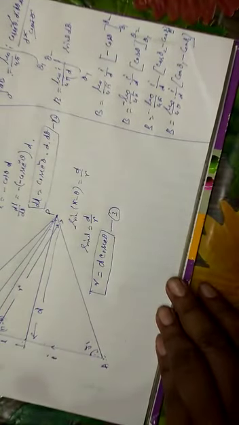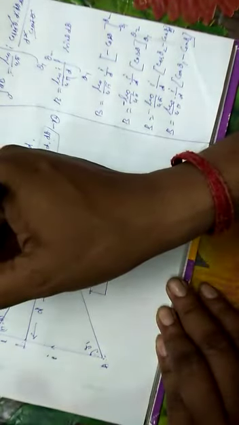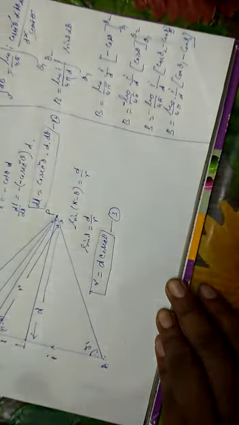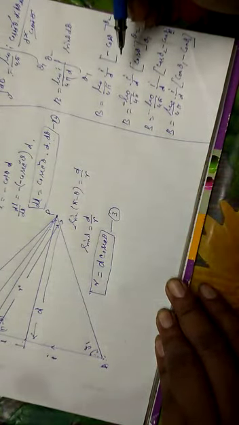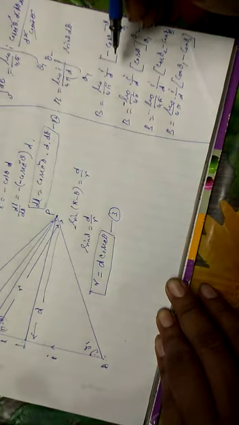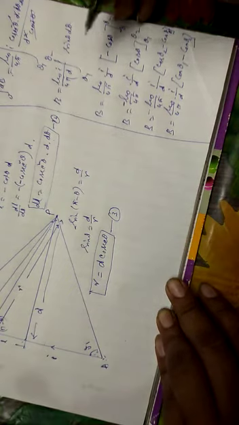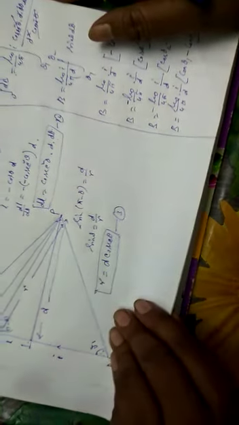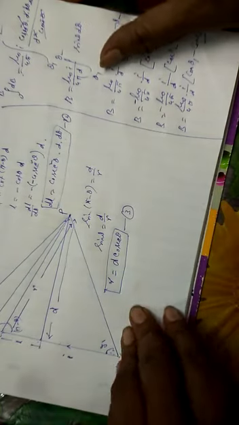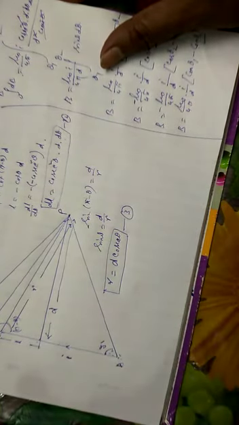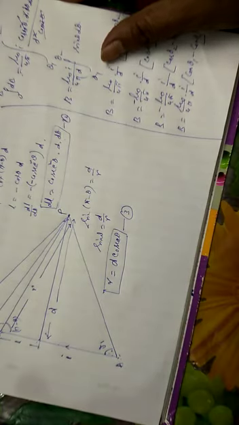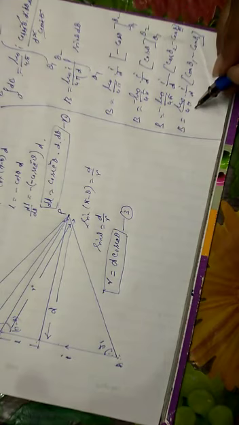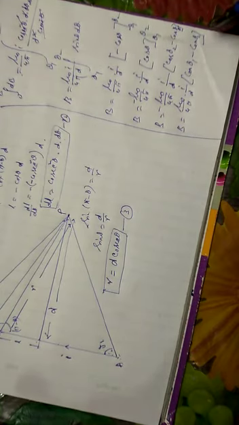So this is the result when this is theta 1 and this is your theta 2, and we will use this result in doing our numerical problems. So do the derivation very carefully. This is a very important derivation. How to find the magnetic field due to a straight current carrying conductor at a point P which is at a distance d from the straight wire, and your final result is mu naught by 4 pi I by d cos theta 1 minus cos theta 2.